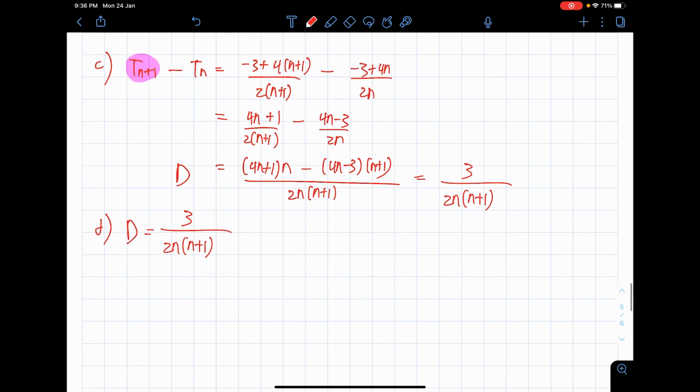Tell them that n is actually the term, and the term always has to be greater than or equal to 1, and also must be a whole number. Like term 1, term 2, term 3, term 4, there is no such thing as a negative term or a fractional term. So n must be equal to 1 or more than that.